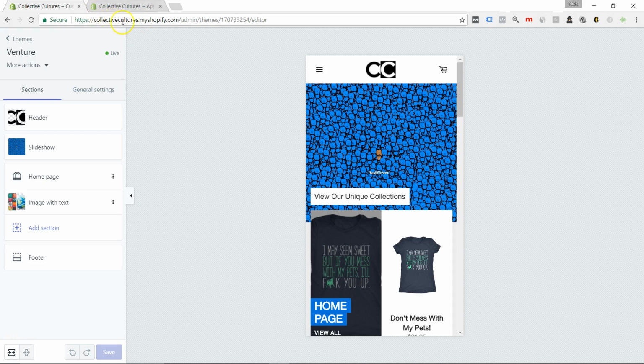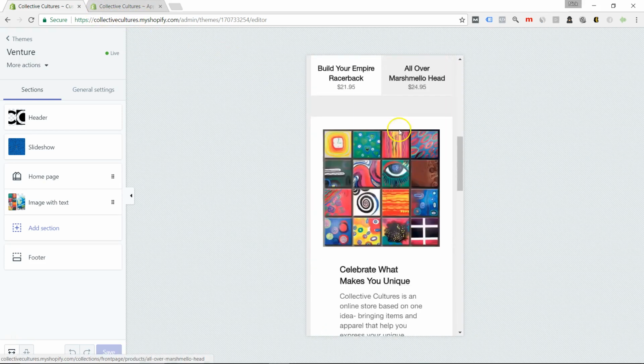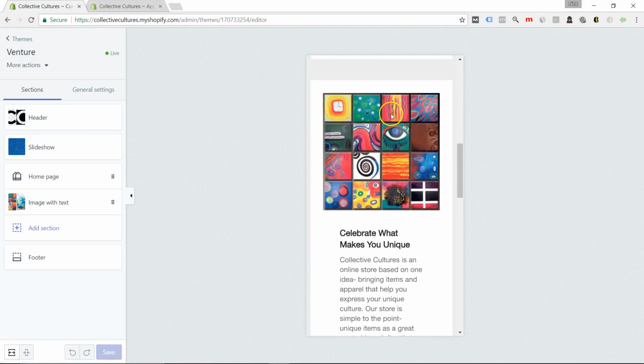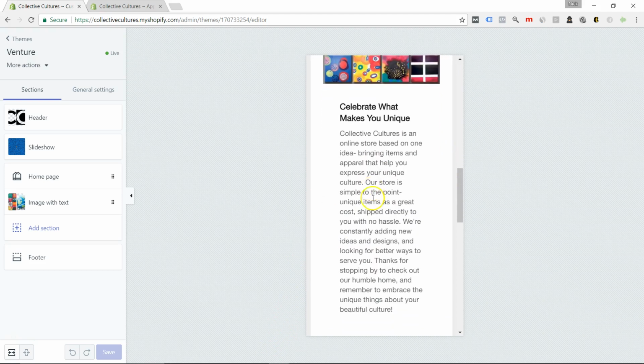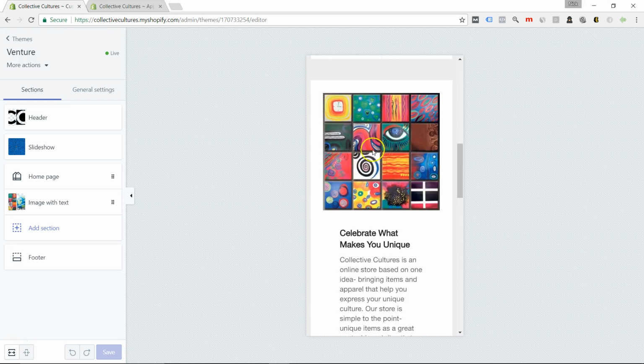So for me, I went with the Collective Cultures theme, where it's a general store, and that's my way of explaining why I'm going to have so many different types of items that relate to different passionate audiences, right? Collective Cultures, celebrate what makes you unique. Online store based around bringing items and apparel that express your unique culture, right? And so that's kind of what the whole idea here is, and I explain that with a cool image